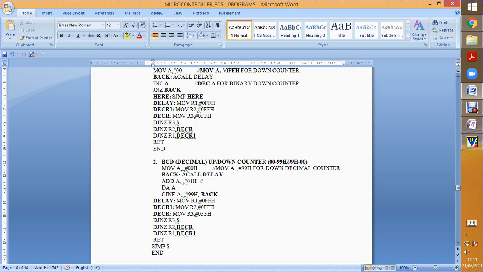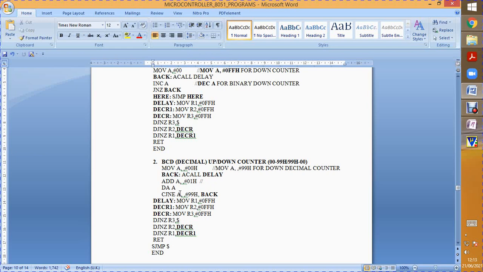In order to count the values, we will be making use of the accumulator. For the up counter it has to be loaded with 00. Every time we keep adding 1, and after adding we use the instruction called DA, decimal adjust the contents of accumulator after the addition. Suppose after the addition you get a hexadecimal value. For example, when it reaches the value 9, 9 plus 1 results in the hexadecimal value A. But since it is a BCD counter, instead of displaying A, we want the answer as the decimal value 10. For that we will be using this instruction.